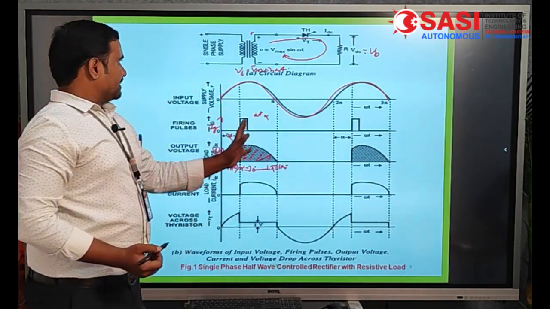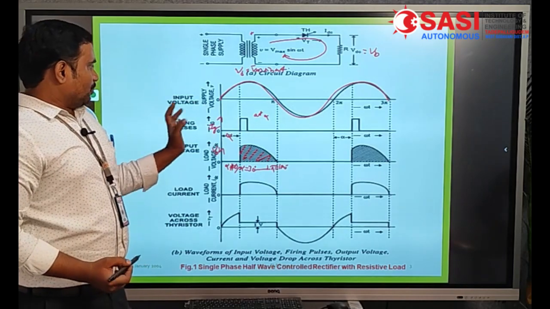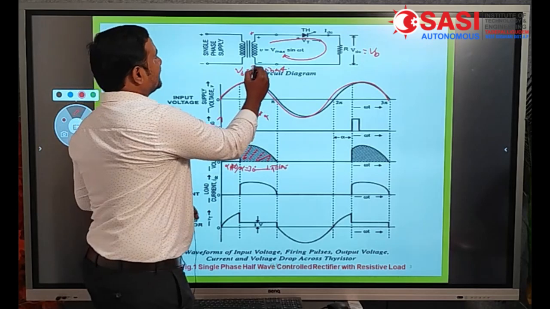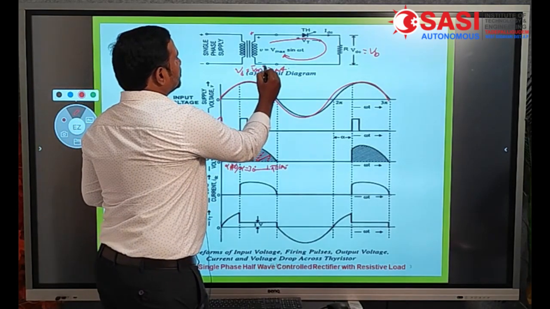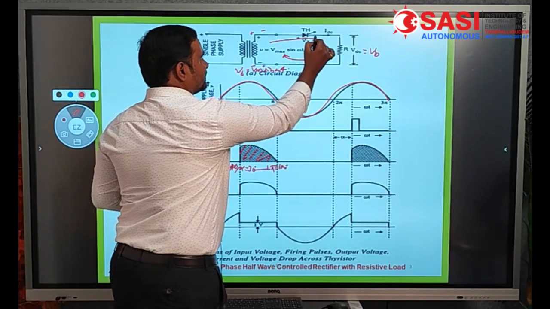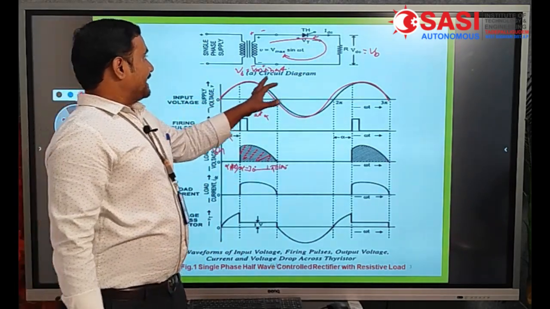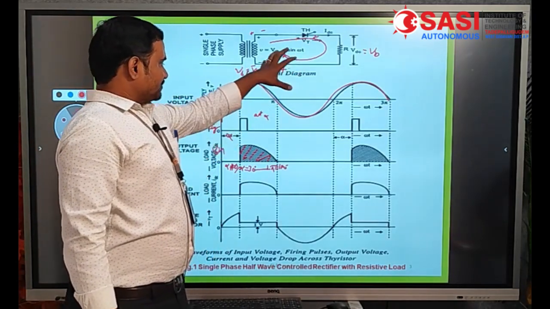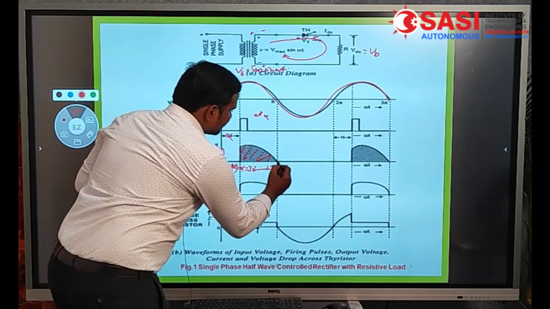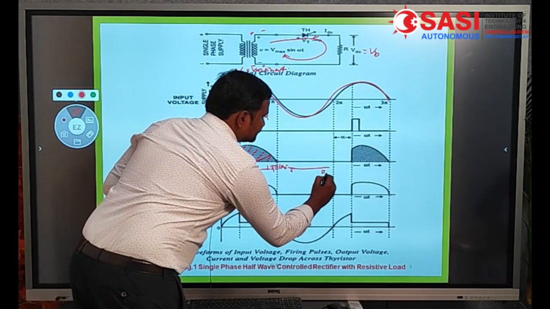In this way we can control the sinusoidal voltage and get unidirectional DC. But during the negative half cycle, this terminal is more positive than that one, so current would have to flow in the reverse direction, but the thyristor will never allow reverse current. Therefore, due to line commutation, the thyristor turns off, from 180 degrees to 360 degrees, that is pi to 2 pi.